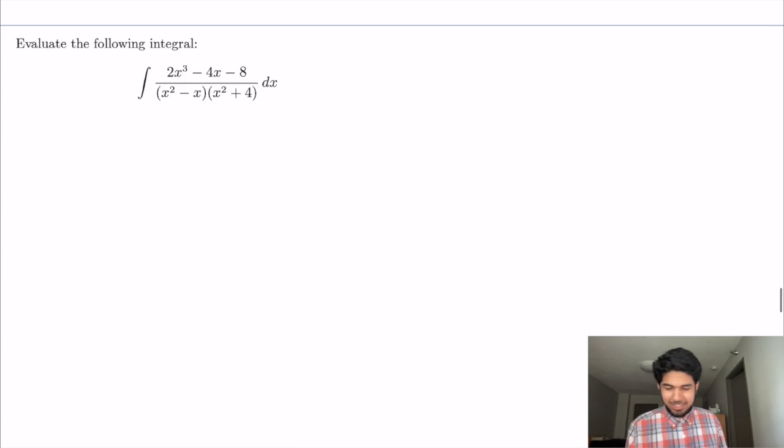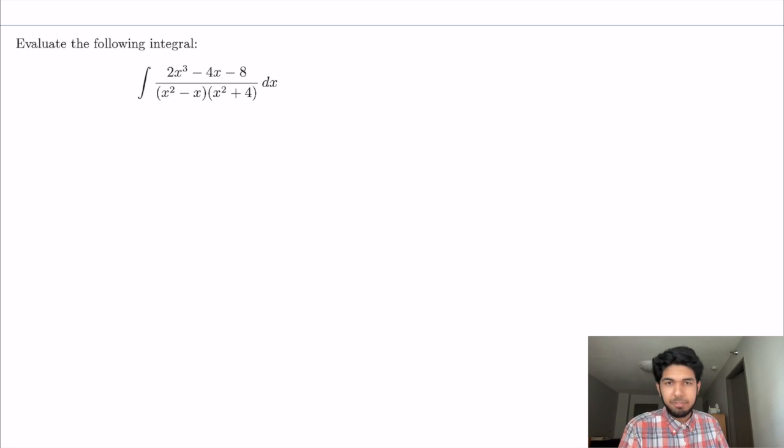Here we go. This one looks a little bit more daunting than the previous one, so it's slowly ramping up. But again, you can start to think about your other integration techniques, and they won't work as nicely as partial fractions will. So yeah, the first thing that we normally do is factorize our denominator, which it already looks like